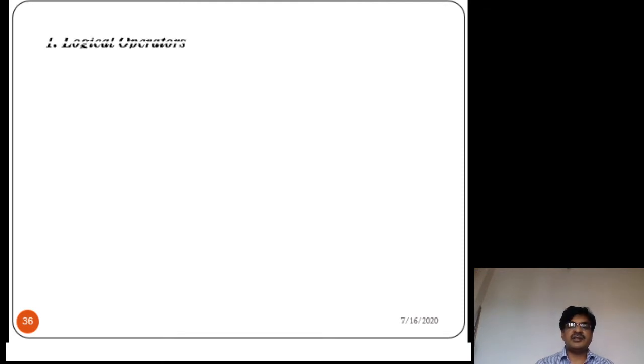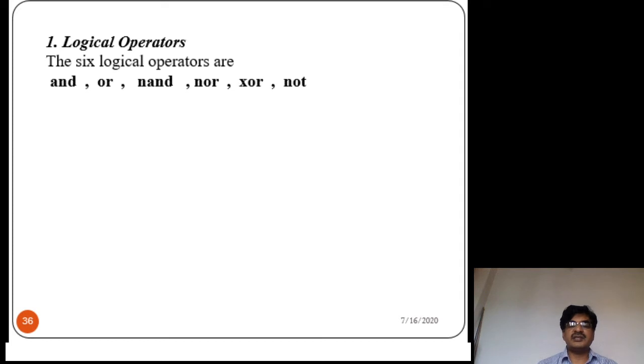Coming to logical operators, we have different logic operations like AND, OR, NAND, NOR, XOR, XNOR.